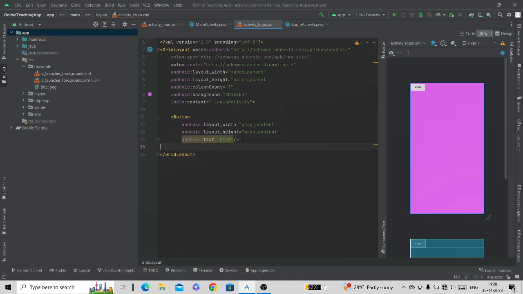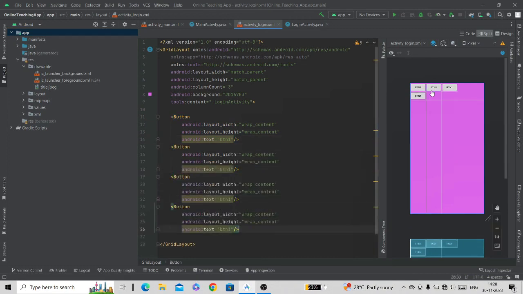Now we will add multiple buttons. Now as you can see in this screen, after adding 3 buttons, the next button is added to the next row. This is because we have specified the column count of 3. It means that after 3 views added in the column, the next view will be added in the next row.